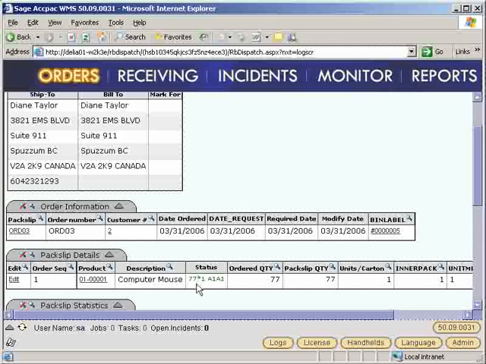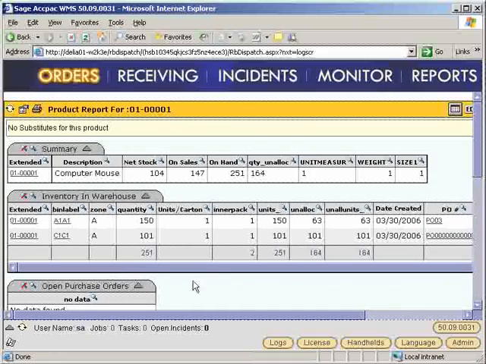For my computer mouse here, I can see that the status is green. It says 77 times 1 at bin A1A1. So what this means is that at bin A1A1, 77 computer mice have been allocated to this order. If we drill down into that product,